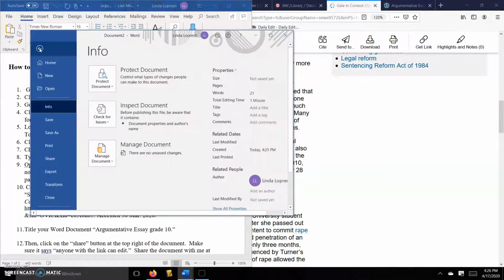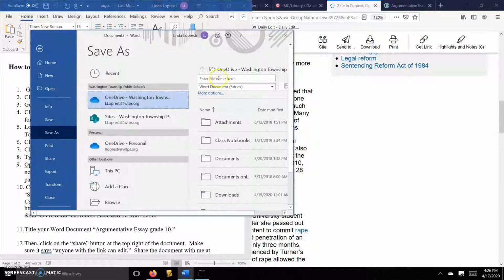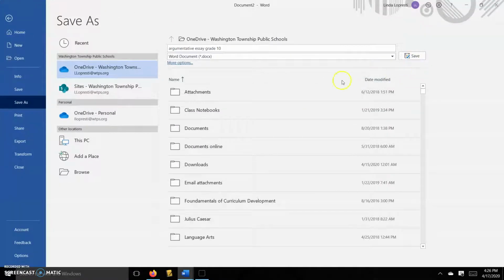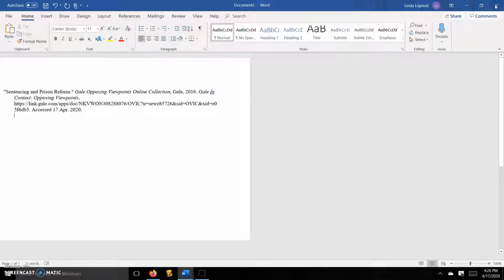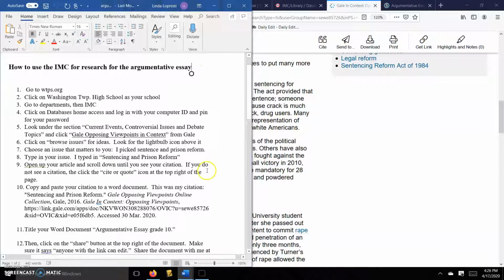So I'm going to go File, Save As. I'm going to save it to my OneDrive. And I'm going to title it according to the directions. Argumentative Essay Grade 10. Okay? And then if I just make this bigger, you'll see I would hit Save. Okay? But I'm not going to save this. Okay, so now we're going to go back, hit Don't Save, go back to the directions,